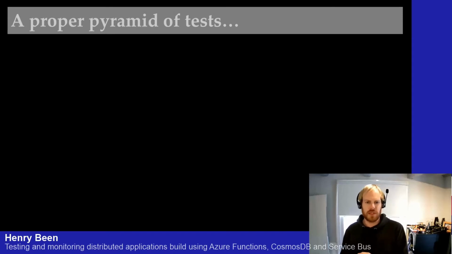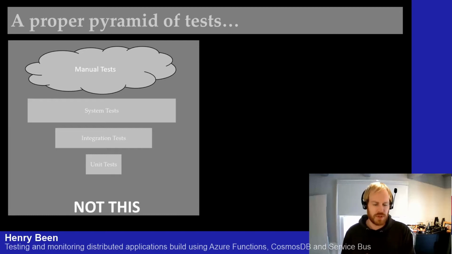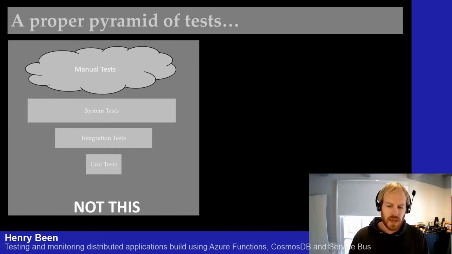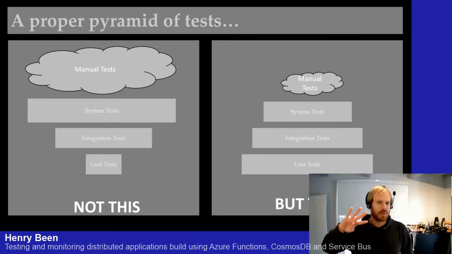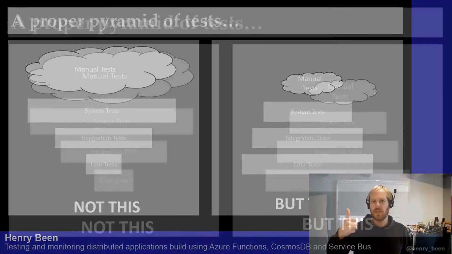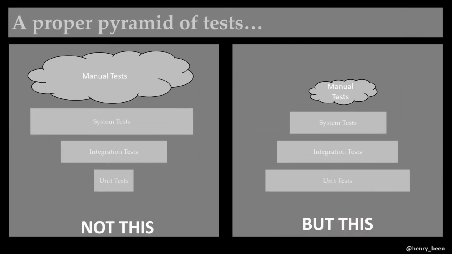Microservices without automated tests, I think that's going to be a tough ride. Reason about which types of tests we need, and there are two models that I want to introduce you to. On the right, we have what is called a testing pyramid, and on the left, we have what is called the icicle cone of tests. And here we see 4 different types of tests: unit tests, integration tests, and system tests,